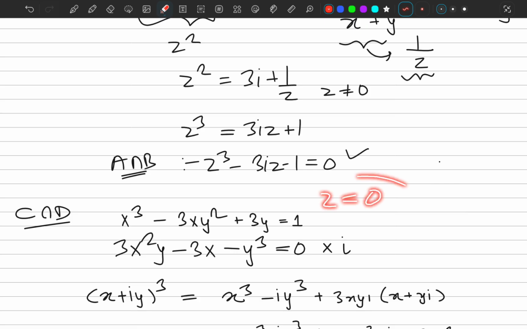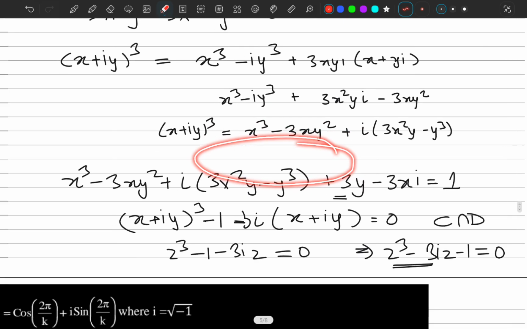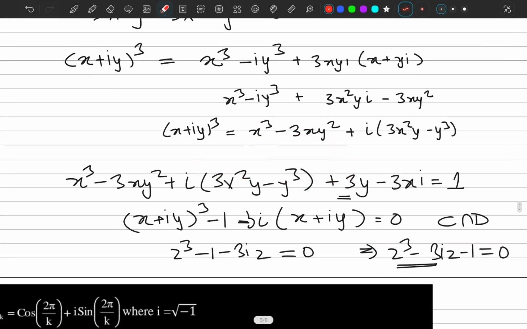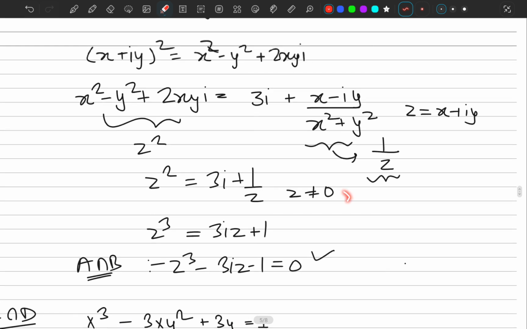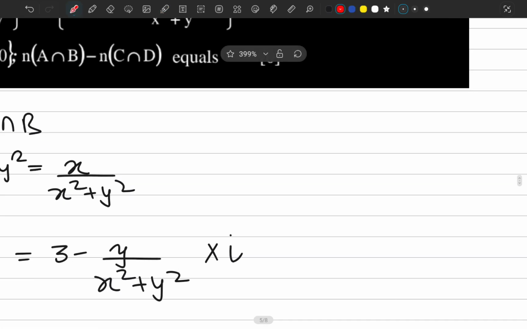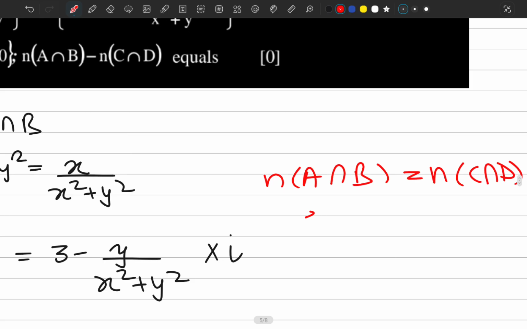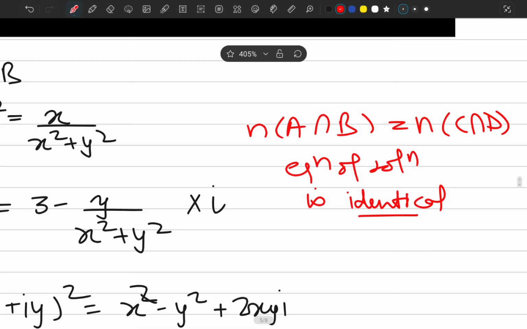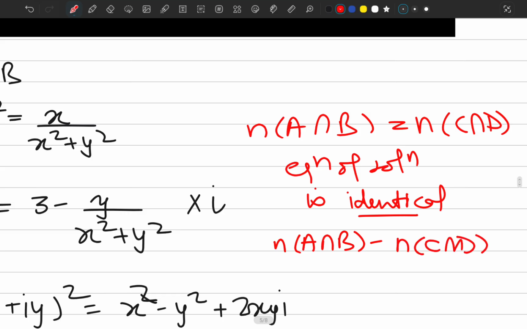z is equal to 0, z not satisfied, so we have nothing to worry about. So we can say that the number of solutions are going to be the same as the equation, but the solution is identical, right? So we can say that n is equals to nc. The equation of solution is identical, right? So we can say union A intersection B minus C intersection D, and means